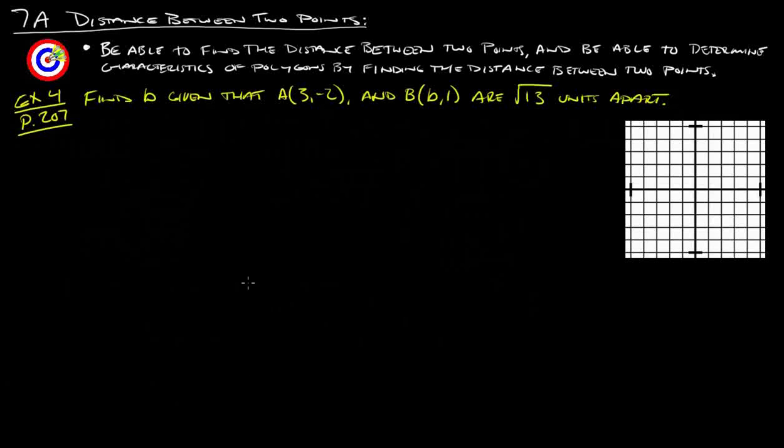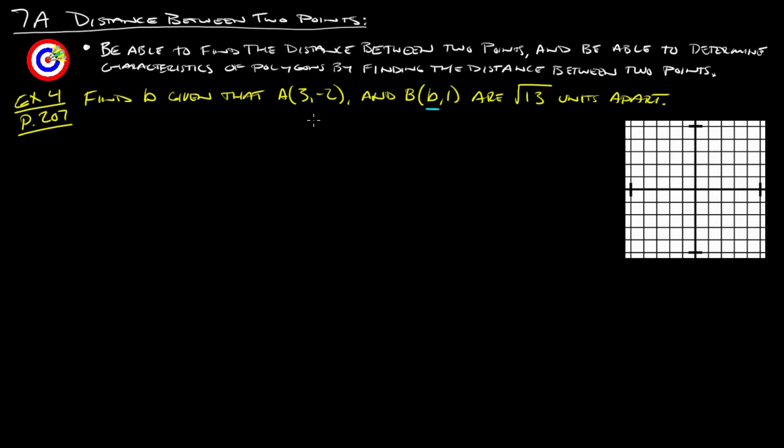And this is example 4 from page 207. Find b, given that A is (3, -2), B is (b, 1), and they are also square root of 13 units apart. Alright, so